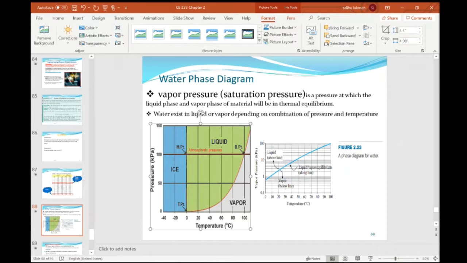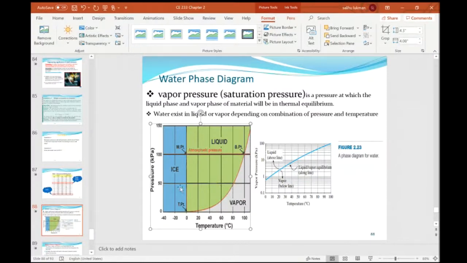Okay, while if you maintain temperature and reduce the pressure... if you maintain, let's say, water at 80 degrees, it will boil at a certain pressure. When you maintain the temperature at 80 and increase the pressure, it means the vapor will be condensed back to liquid. So what will now be in the liquid phase. Is that clear?